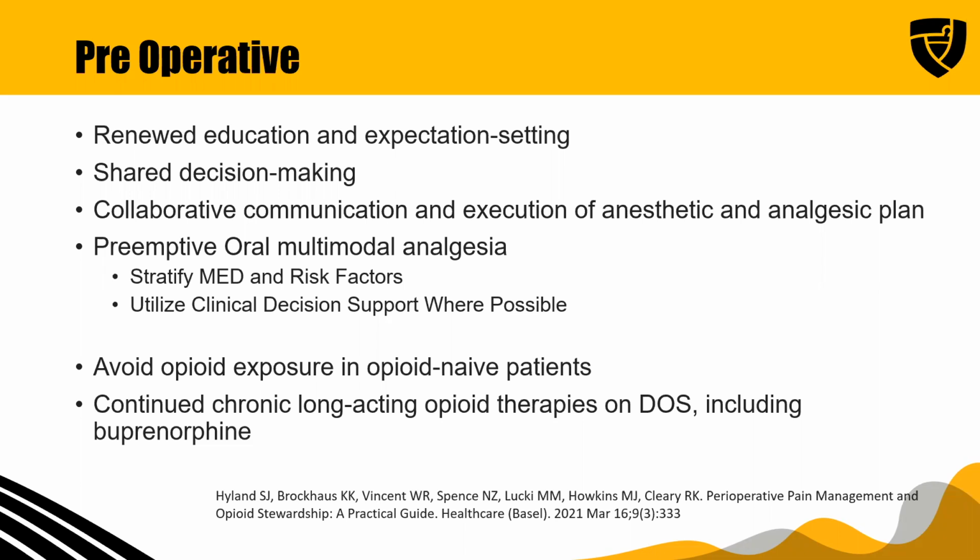When you ask physical therapy, one of the biggest challenges in the postoperative period is pain is uncontrolled, the patient is over-sedated, or the patient has numbness from an Exparel block that lasted too long. So that shared communication of what is the expectation. When we see the patient in the preoperative period, we say, your doctor's going to do surgery, and 4 hours after surgery, physical therapy is going to come see you. It's going to be painful. It's going to be difficult to get up and walk to the bathroom, to get those steps in, but